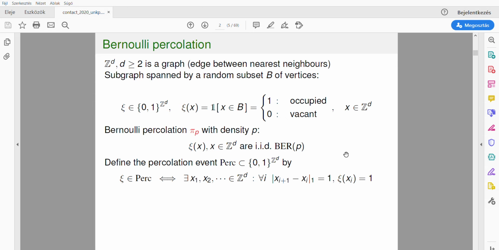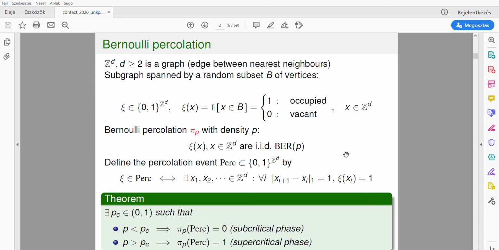Once again, with probability p, a site is occupied, and with probability 1 minus p, a site is vacant. And here's a classical theorem that dates back to the mid-20th century, and it goes like this. There is a phase transition. There exists a critical threshold value, which we call p_c, the critical probability, which is strictly between 0 and 1,